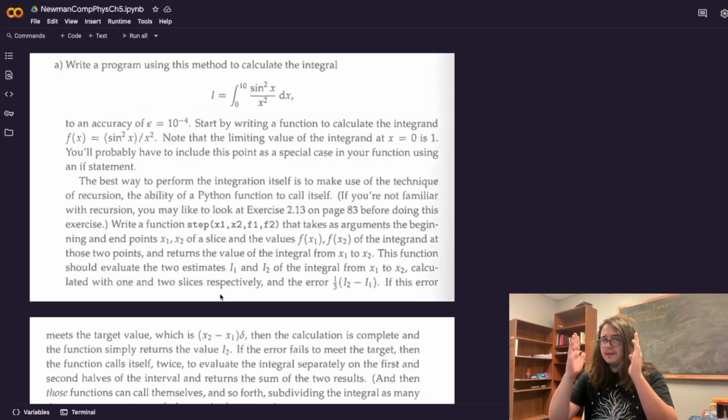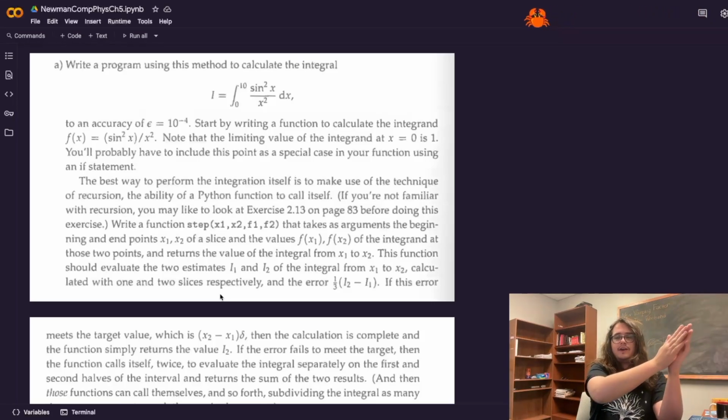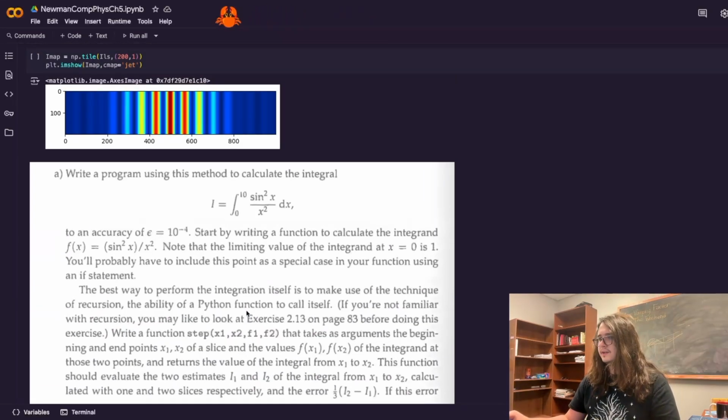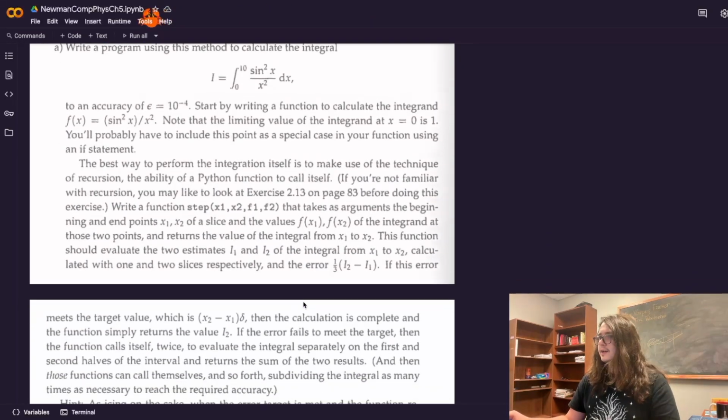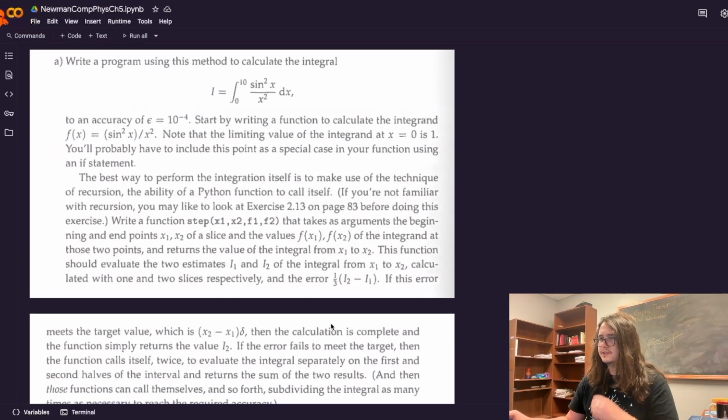literally taking the integrand and splitting it up into half, and if that's not enough accuracy, then you split it up into half again, and if that's not enough accuracy, on and on, recursively until you get the value of the integral that you like. So we're just going to follow through the steps that are outlined in the problem, kind of, to try and do this. And the first step is to, of course, write a function which calculates the integrand, which for us